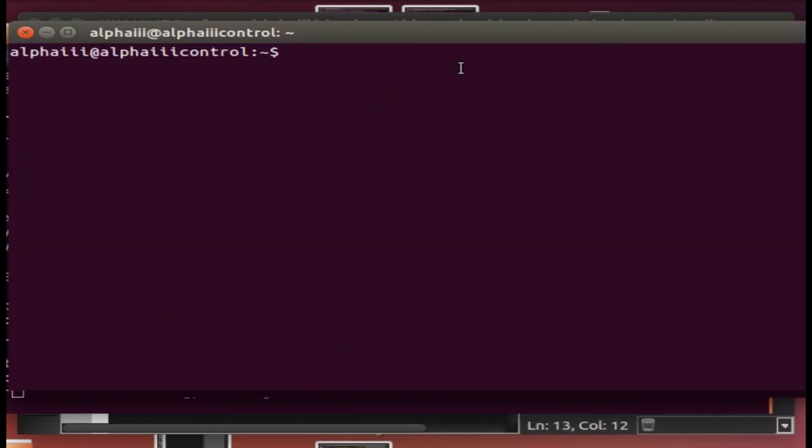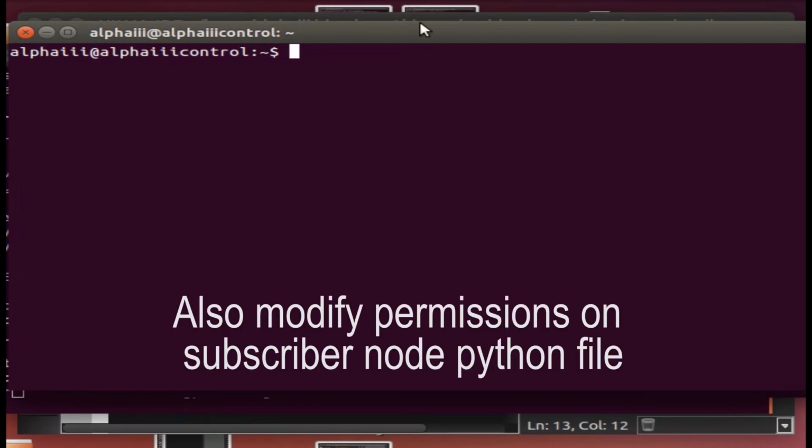What you need to do now is ensure that your publisher node's Python file is executable. You can go back if you can't remember how to do this. Once you have changed the permissions on your publisher node Python file, the next thing you need to do,